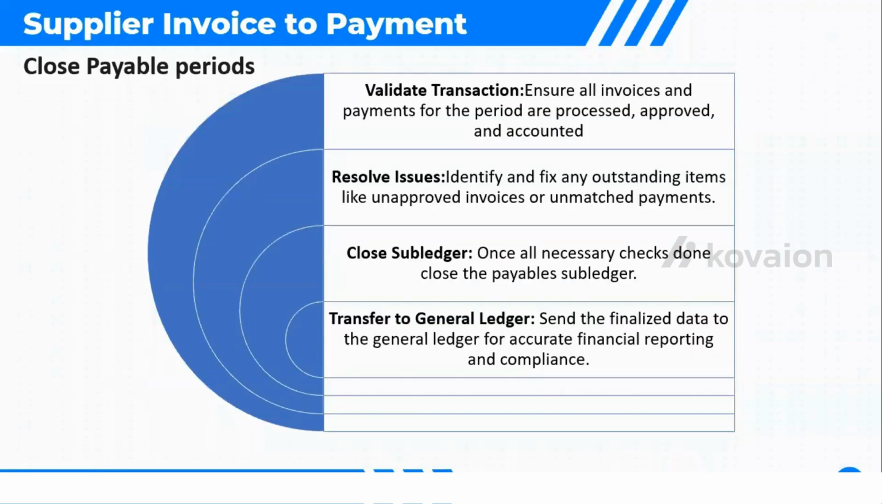The next one is closing of payable periods. So this is the final process and step in the supply invoice to the payment, where we can identify that all of the invoices and the payments which we have created have been accounted, and posted in the journal ledger. And once this has been done, we can check the unaccounted transactions and